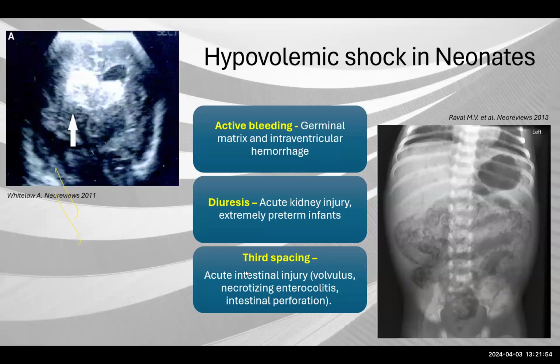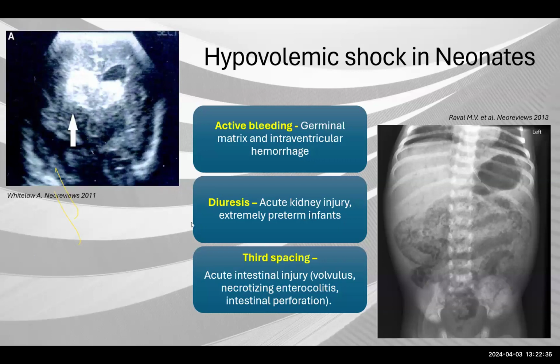So hypovolemic shock in neonates. Why do I have to talk about hypovolemic shock in the setting of neonatal septic shock? The reason is that for those preterm neonates, especially those with early onset sepsis, all of a sudden the baby may have query septic shock. We are already giving broad spectrum antibiotics within the first hours of life. However, the baby may deteriorate suddenly at 12 to 24 hours of life because of active breathing. And then you put the ultrasound probe on the head and you find that there's a grade 3, grade 4 IVH. So this will sometimes lead to hypovolemic shock.